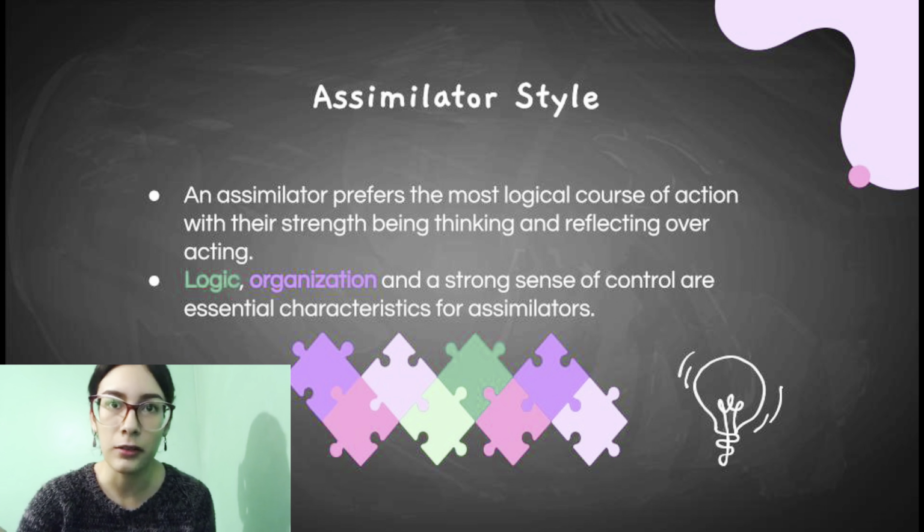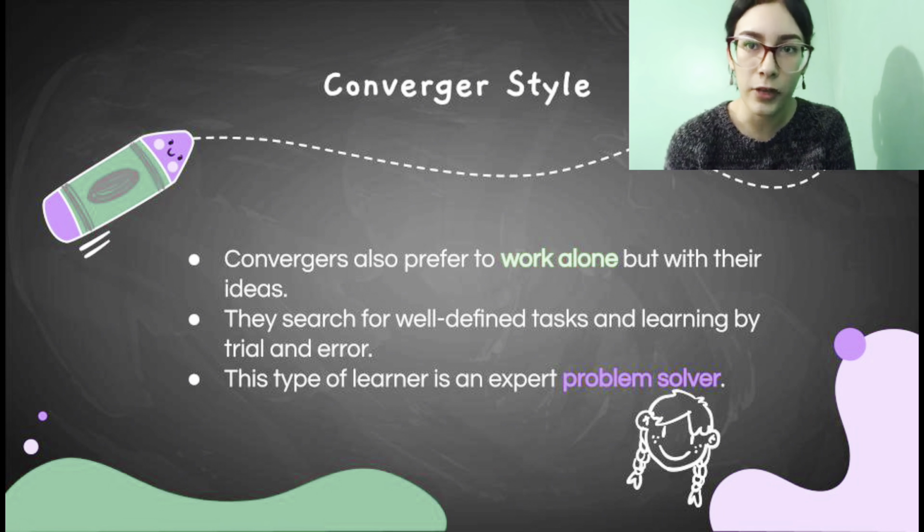And this kind of style is more analytical, and these people always think more before acting instead of taking risks. For example, activities that this style uses are analyzing information. People with this style also like reading papers and so on. Then we have the converger style. The converger style does and thinks logically.